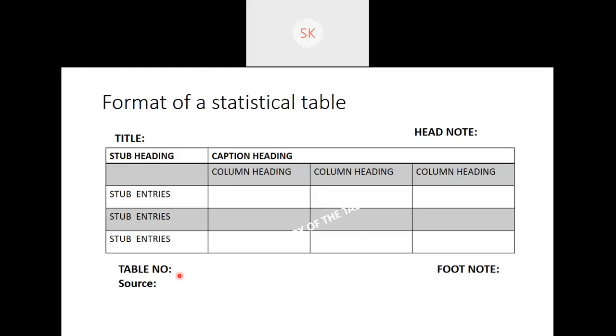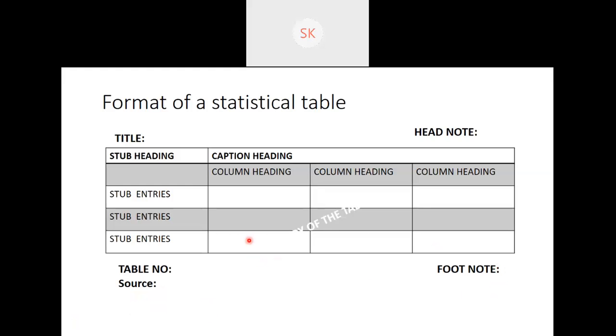Every table will be given a number when it comes to research. Now we will be using tables lavishly in solving problems, so we don't give table numbers, but usually when it comes to textbooks or magazines or any journals or any research papers, everywhere you use the table number and the source of the table. Suppose you have copied the table from any website or any book or any textbook, you will have to give the source of the table. Then footnote. If you have any other explanation regarding the table, that can be given in the footnote.